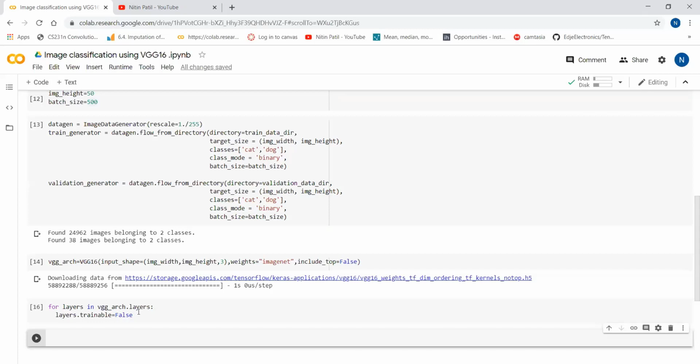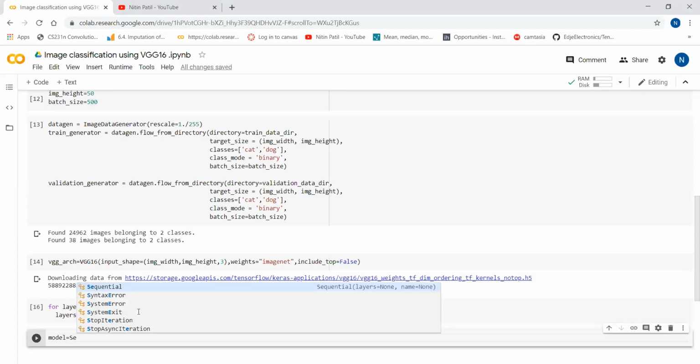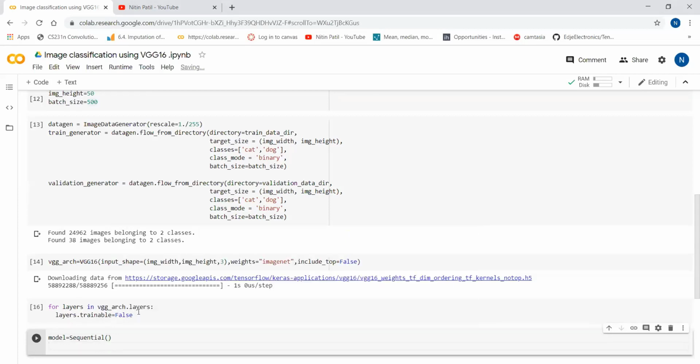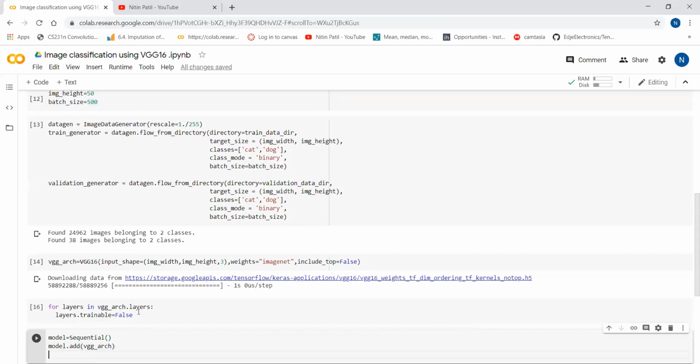Now we will create the complete model architecture. So model equal to sequential, as we always do. Then we add the layers, right? So model dot add, we will add the predefined VGG arch model, and then we will add other layers.